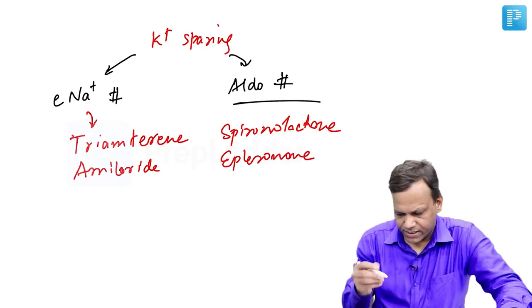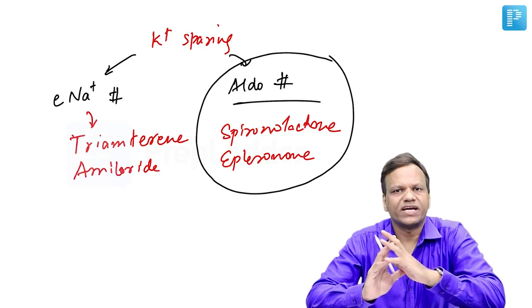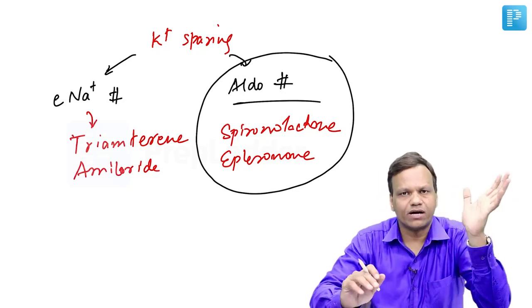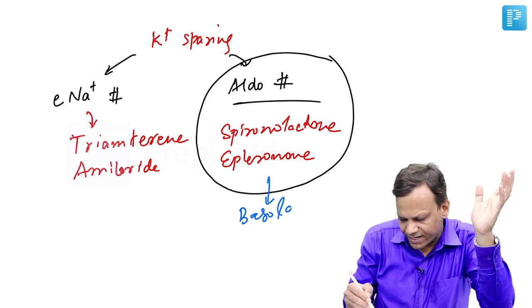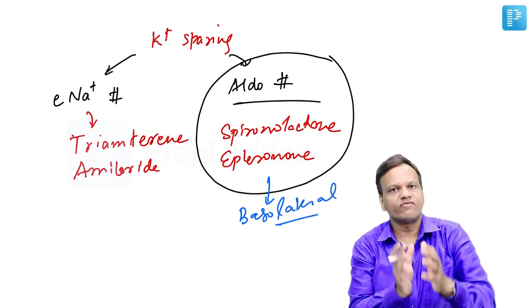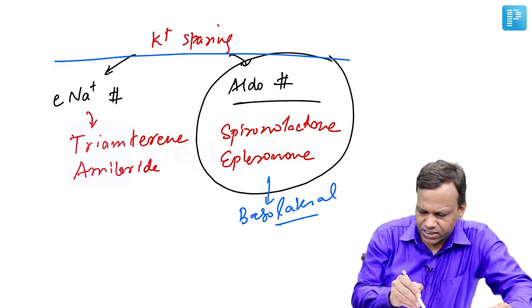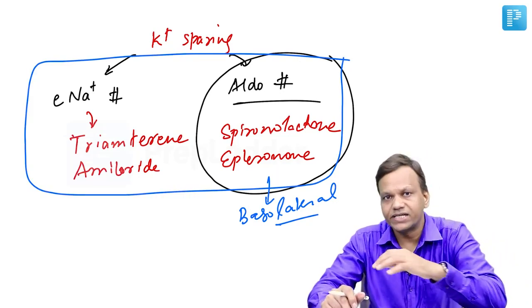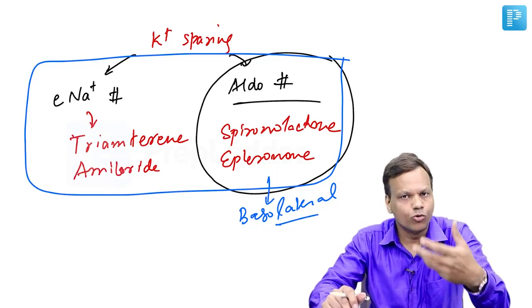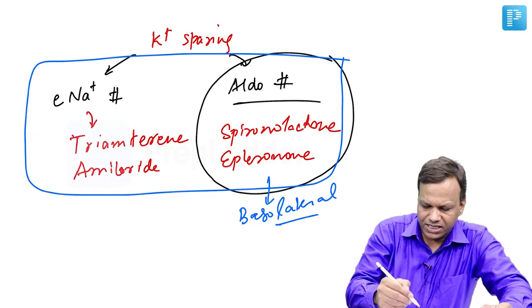Now, what is important is aldosterone antagonists are the only potassium sparing diuretic, or we can say only diuretic among all, which work from the basolateral side or the blood side of the nephron. All other work from the luminal side. Second important thing to remember, only this group of diuretics cause retention of potassium. All other diuretics like osmotic diuretic, loop diuretics, carbonic anhydrase inhibitors, all of them cause hypokalemia, but these can result